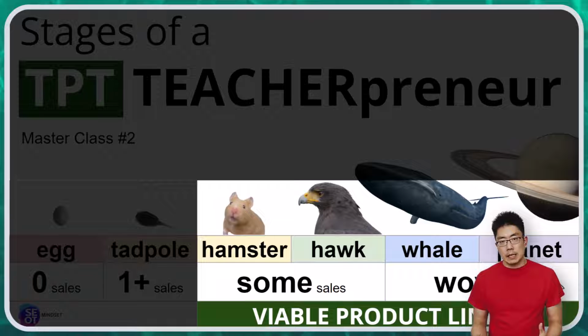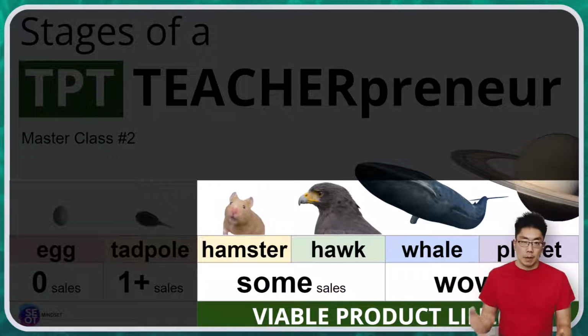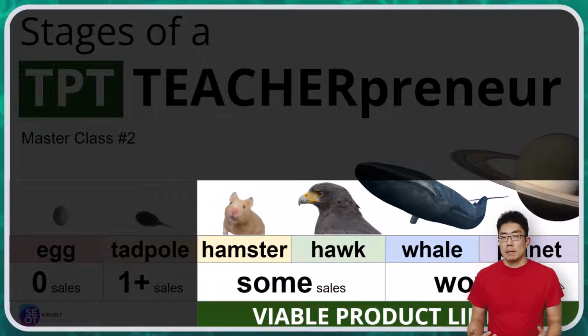Once you've set up your keyword and you've optimized your product for those keywords, then the game becomes, well, what kind of metrics are you trying to get more of so that you boost your TPT ranking? There are some strategies in here that some of the big sellers are using, like encouraging their subscribers to wishlist a resource, take a screenshot, and share that for a chance to win a prize. We'll see why wishlisting might give you a temporary boost in the search rankings.